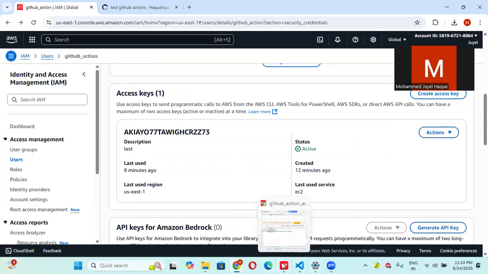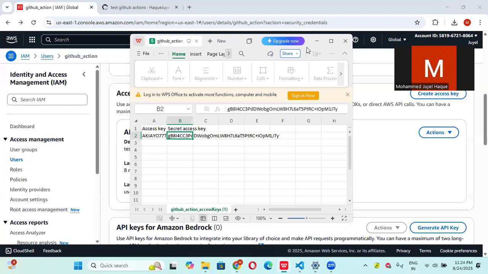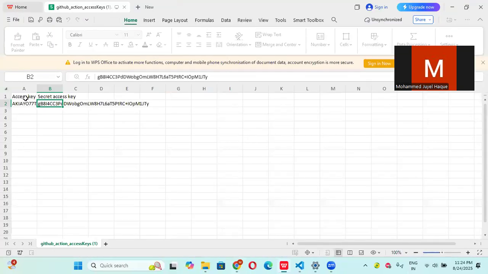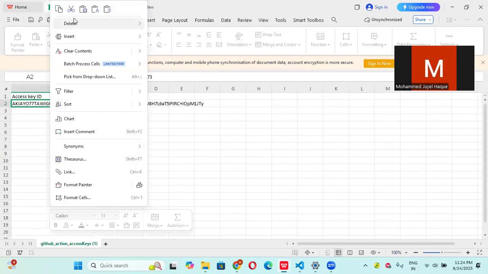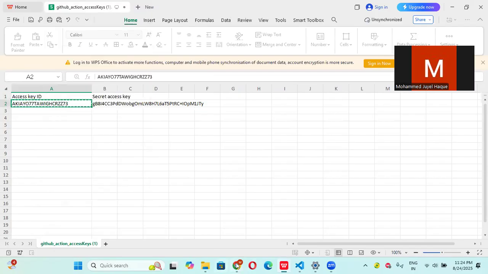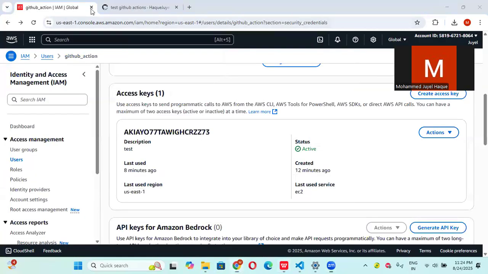And the access key will look like this. The secrets will look like this. One will be the access key ID, and another one will be the secret key. So I am copying this, and now just go to